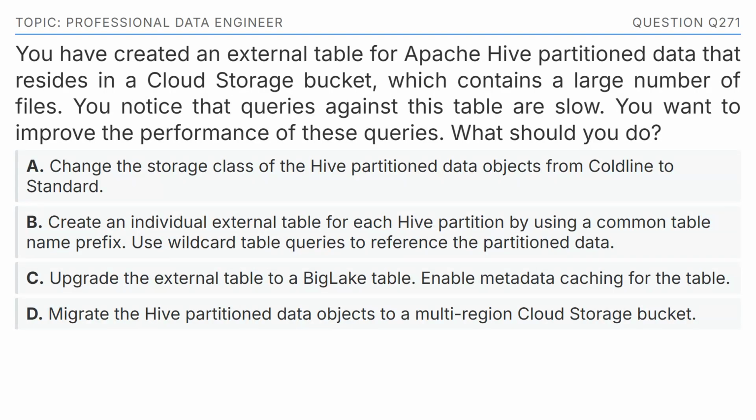You have created an external table for Apache Hive partition data that resides in a cloud storage bucket, which contains a large number of files. You notice that queries against this table are slow. You want to improve the performance of these queries. What should you do? The options are: Option A, change the storage class of the Hive partition data objects from